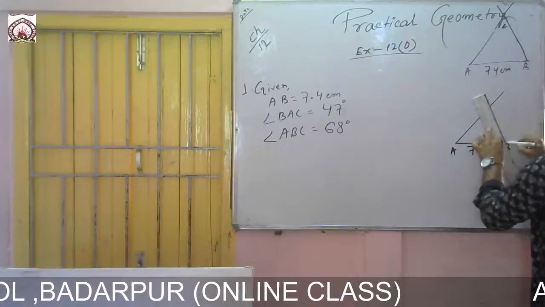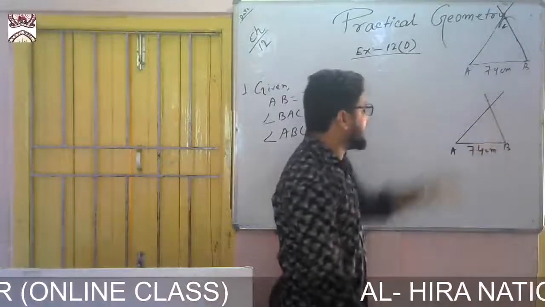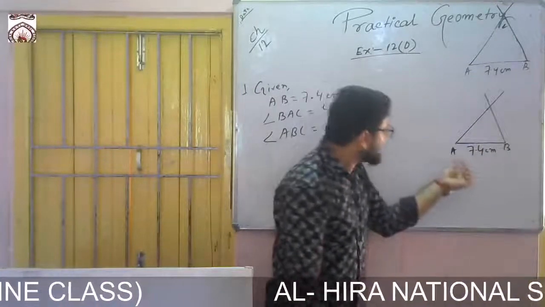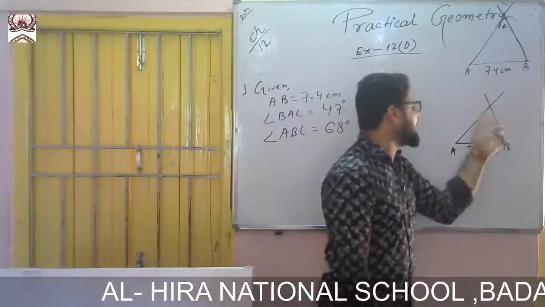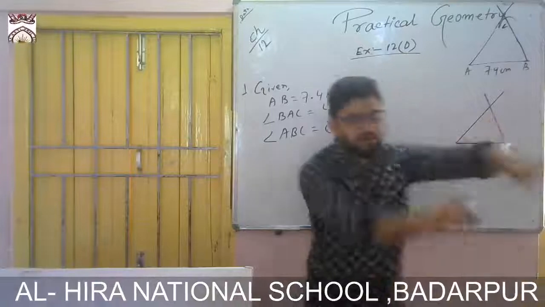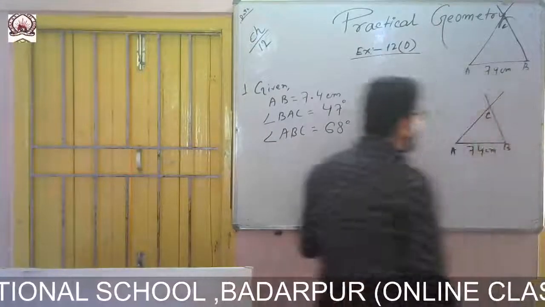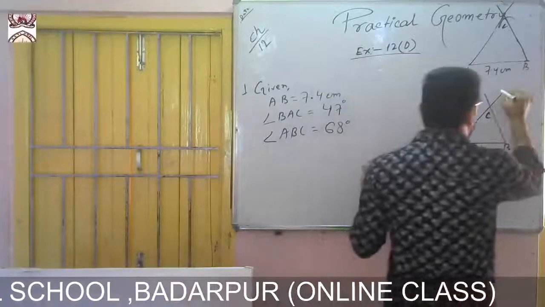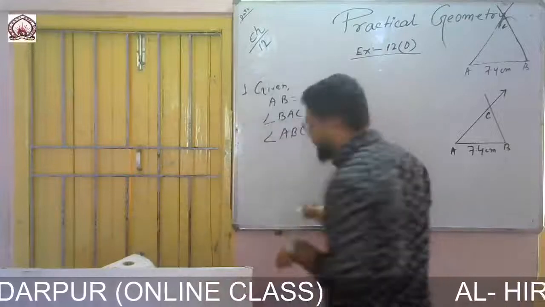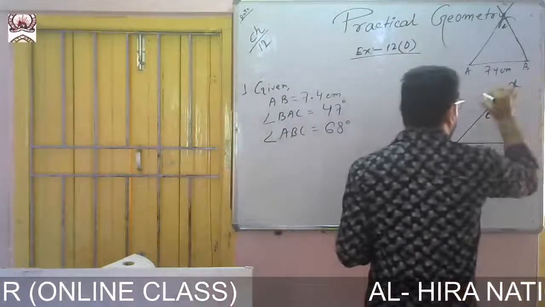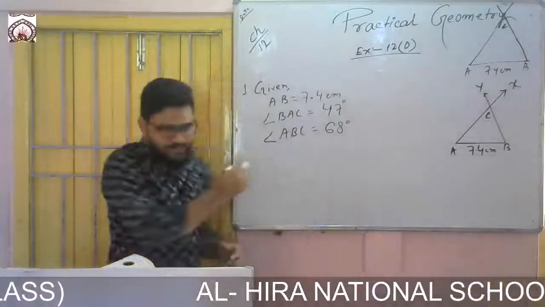Now join these two points, then we will get what? The arms will intersect at point C. The arms of angle A and the arm of angle B will intersect at point C, and this is the required point, that is C. So this point of intersection will be C. This one you give as X, and this one you give as Y. Now you write the steps of construction.